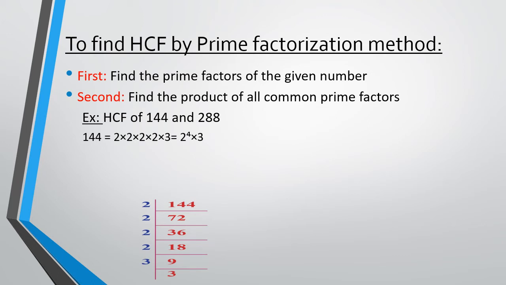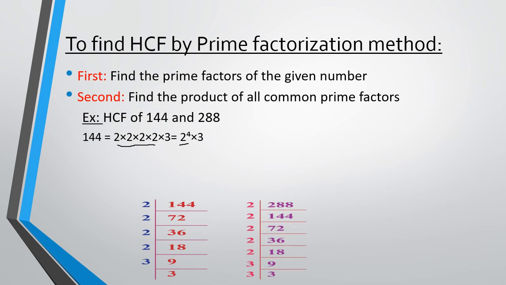So it has been displayed here. All the prime factors, and nothing is changing here. The same thing. See here, 2 is multiplied 4 times. That's why we have written the exponent form, that is 2 raised to the power 4. And then 3 is only once, so we can write multiplied by 3.